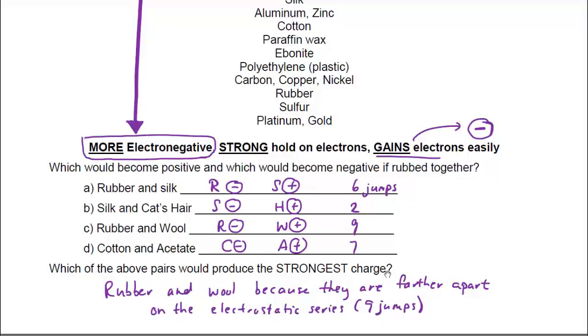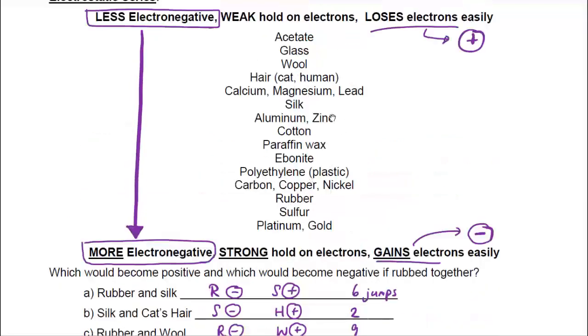Well, now you have to look at how far apart they are on the table. The closer they are, the less difference it'll have. So if you were to rub your hair with wool, for example, you might build up a very small charge, but not as big of a charge as if you had the wool versus the cotton. So if they're close together on the electrostatic series, then they're not going to have a huge difference, but the farther apart they are, the more difference